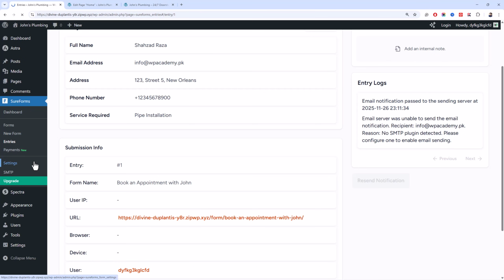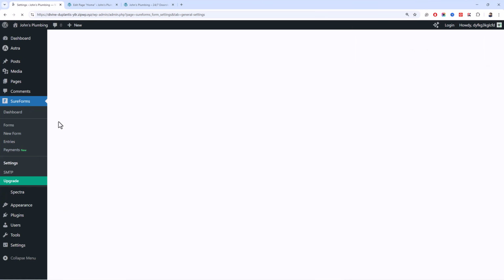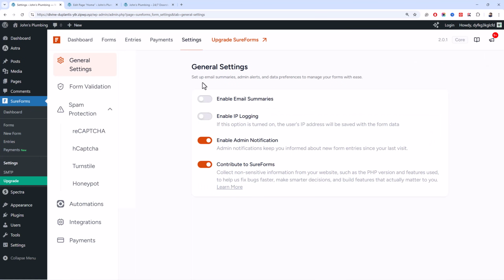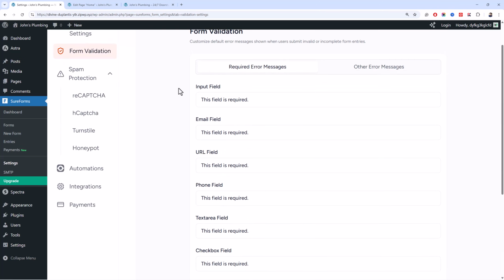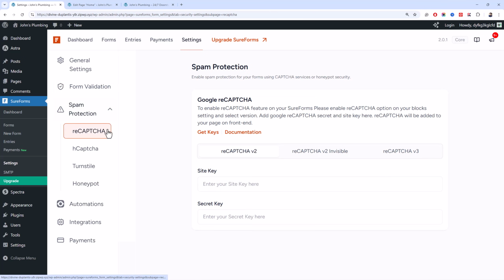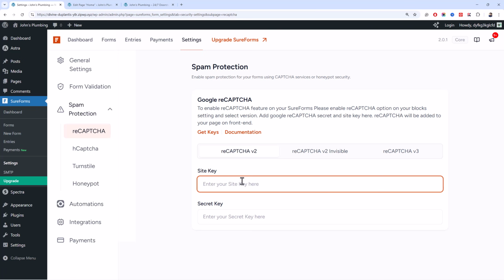And then you can also navigate to the settings over here to further customize the settings of your forms, like enabling email summaries, enable IP logging. You can adjust or customize the form validation messages, and you can also add in your reCAPTCHA keys over here to protect your form from bot submissions.